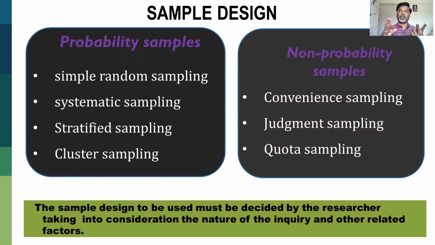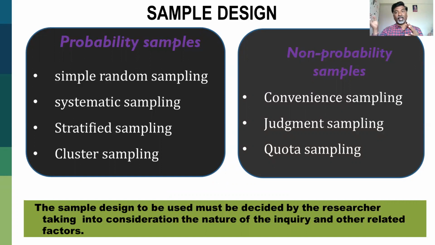Basically, there are two types of sampling methods: probability sampling and non-probability sampling. In probability sampling, all members of the population have equal probability of being selected as a sample. But in non-probability sampling, all members of the universe don't have equal priority, because the researcher